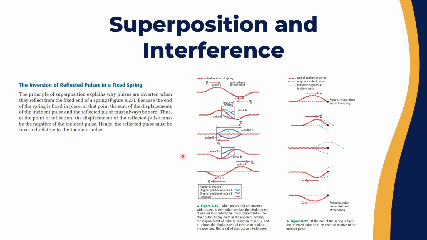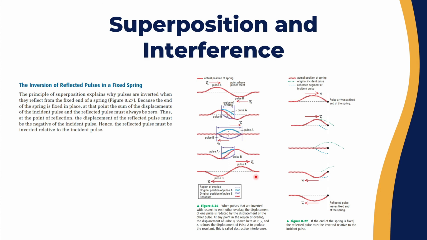Now, what would happen when you have the pulses reflected? You have two pulses or more, and they are combined together, but they reflect through a barrier, for a fixed spring. That spring having one side fixed. So we know that for a single wave or a single pulse, it will hit the wall and it will come back inverted. What if you have two pulses, pulse A going to the right, pulse B to the left? You have an overlap region here, and you have the interference wave or interference pulse. Now the total pulse in this case would be looking like